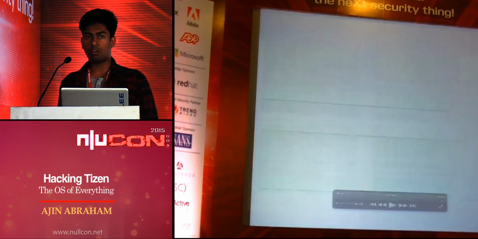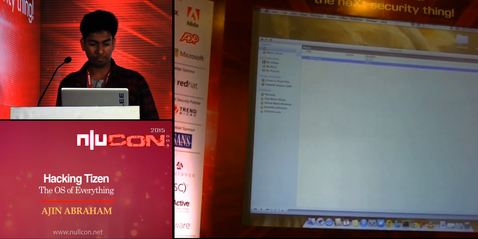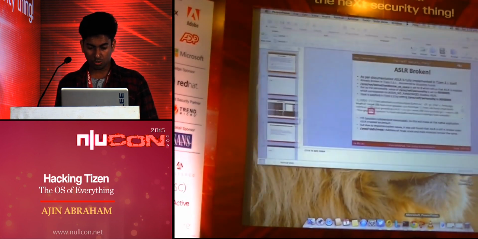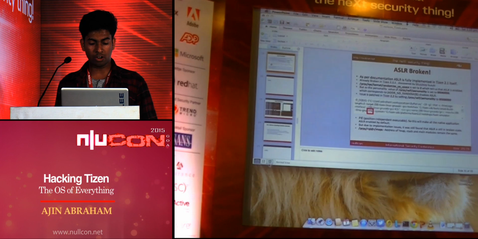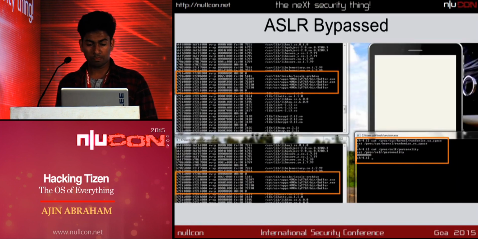I mean, these are some of the core things that an OS should have in terms of security. But let's see. Okay, so those were the two things which I did on the OS level, like ASLR and memory protection basically. And now let's talk about the URL address spoofing or content injection.